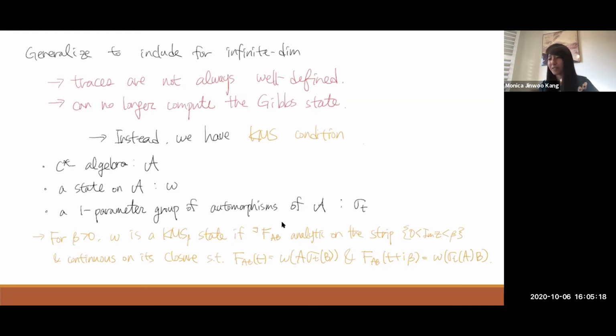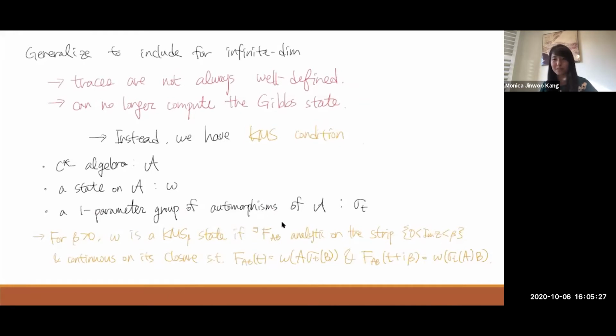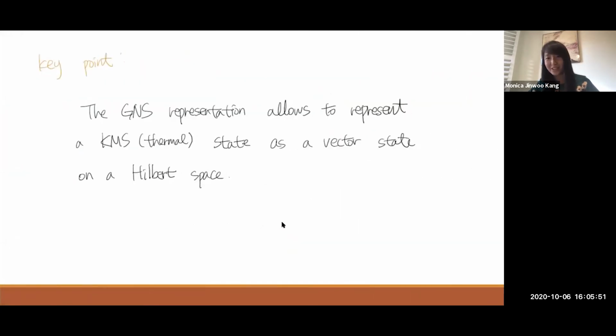So now you're given the C-star algebra and the state. And then this Hamiltonian evolution is exactly given as the one-parameter group of automorphisms. Now what we do is we're going to have this analytic continuation in the imaginary direction from 0 to inverse temperature beta, so that it'll be continuous on its closure, so that it'll be well defined and it's going to give rise to exactly the corresponding thing like a Gibbs ensemble, so that you'll be given a unique state that you need. It sounds complicated, but it's nothing more than having the GNS representation represent the KMS state. It's nothing more than a thermal state as a vector state on the Hilbert space,